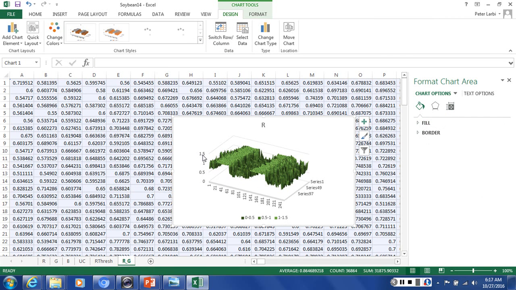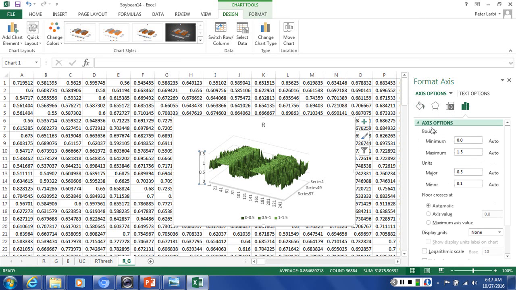Select the vertical axis, click on axis options, expand the axis options. We want the minimum to be 0. OK, leave the minimum at 0. The maximum is 1.5. OK, leave it at 1.5. We want this to be 5 colors instead of